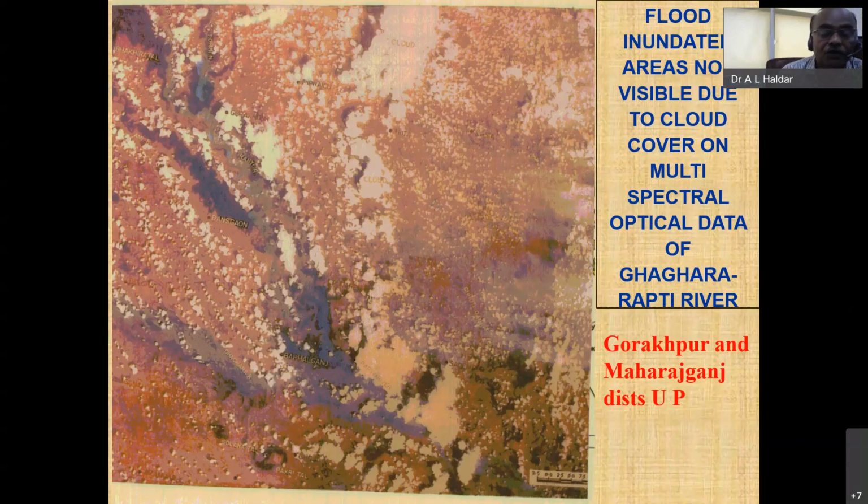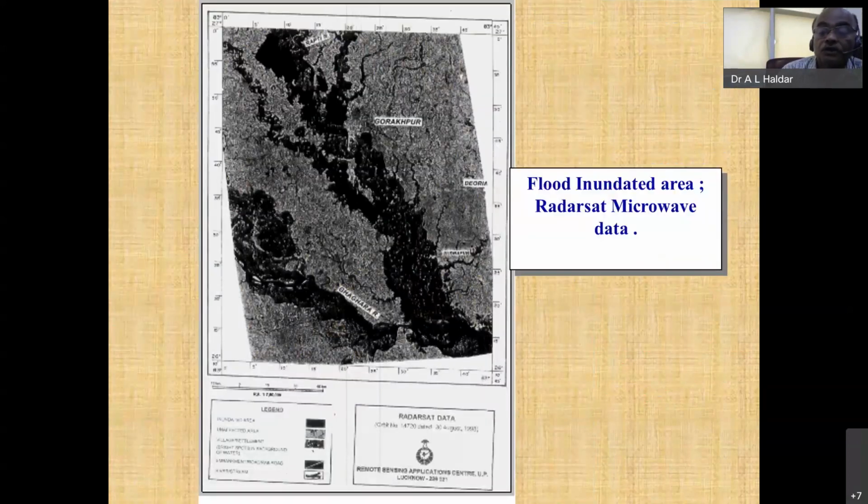That's why I'm telling you, flood routing should be there, and all the drainage congestion should be removed, so that this type of thing, where water stayed in Gorakhpur for months together, does not happen. So this was the radar set data. In this, the Rapti and Khabra River, Maharajganj, and the Kushinagar district are there. This totally black color shows how much area was being inundated.